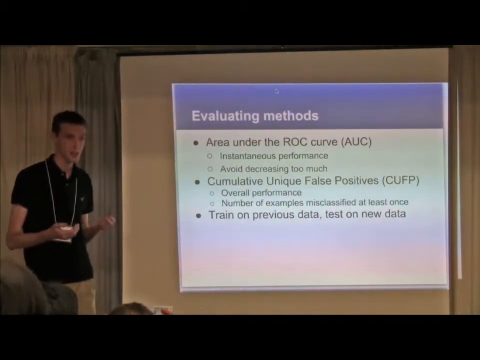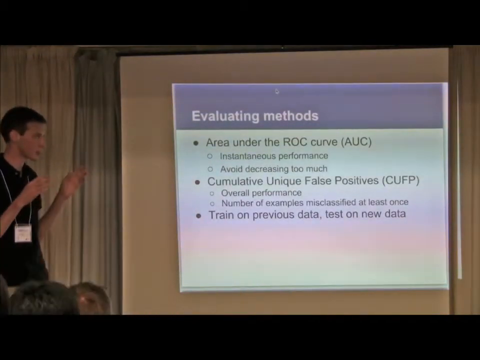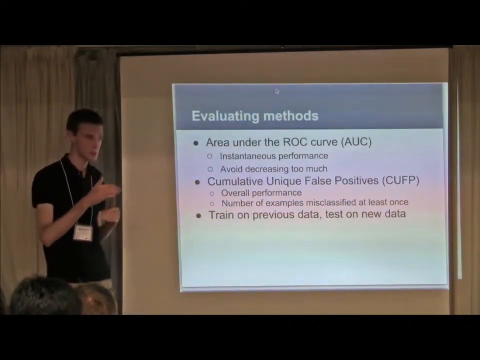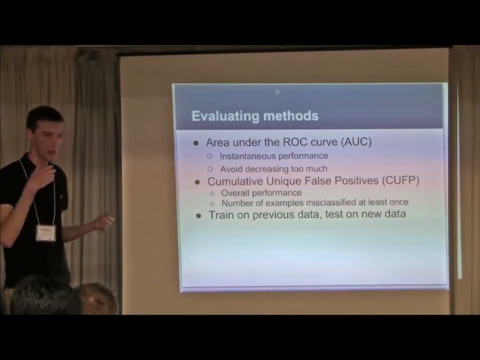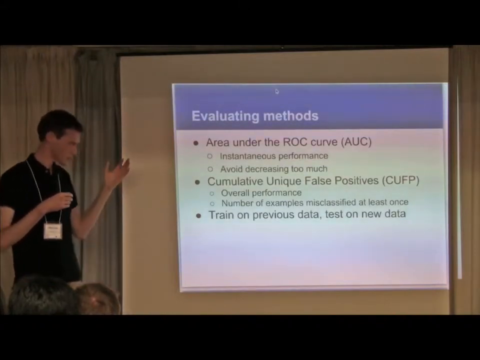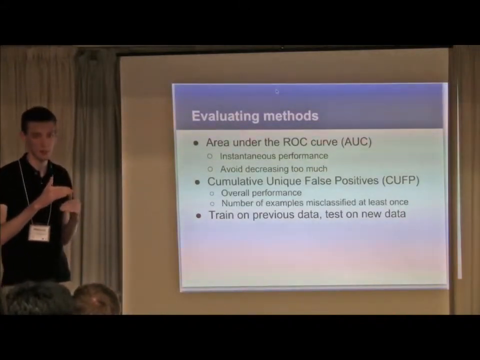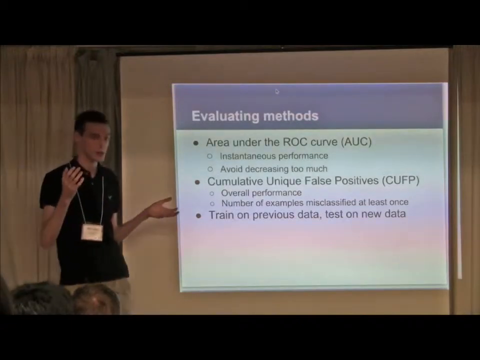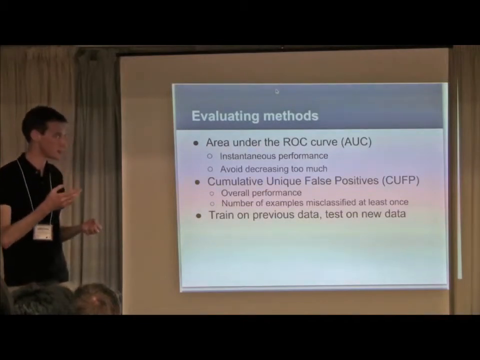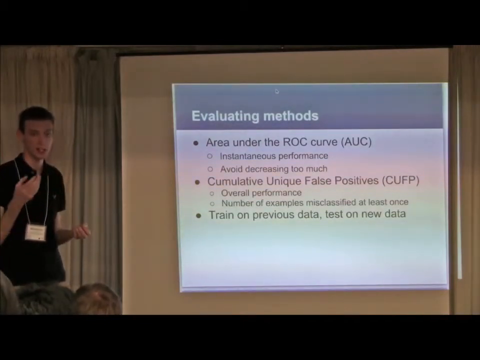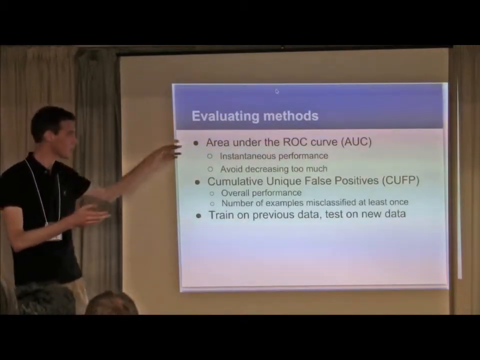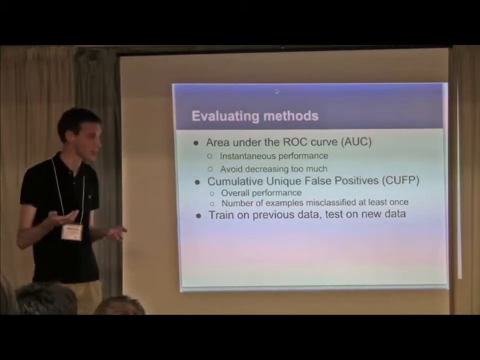As far as evaluation goes, we actually have two things we're looking to optimize. First is we want a discriminative model, and this is sort of instantaneous performance. So you can think of, in comparison to a baseline, we want to make sure that when we're constraining the model updates, we're not constraining them to the point that we're inhibiting learning. So we want to do well in comparison to an unconstrained model in terms of discriminative ability.